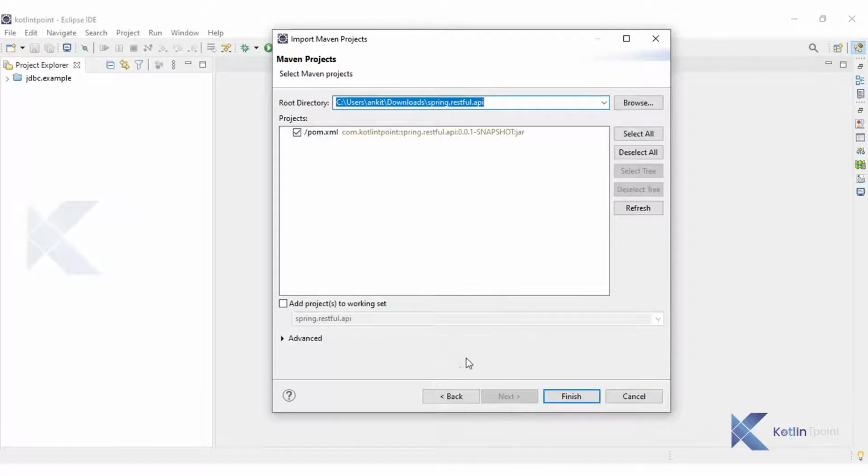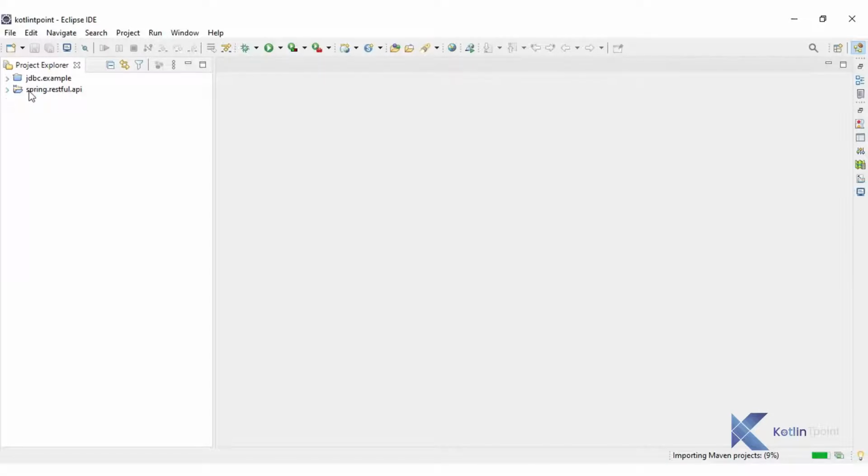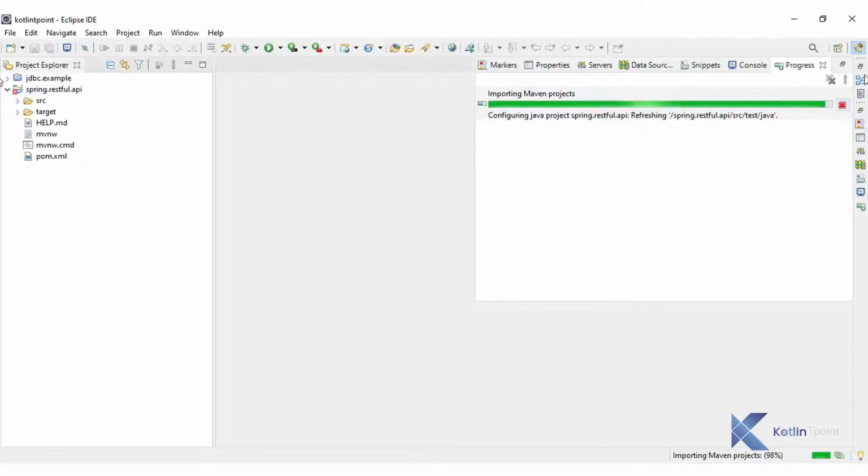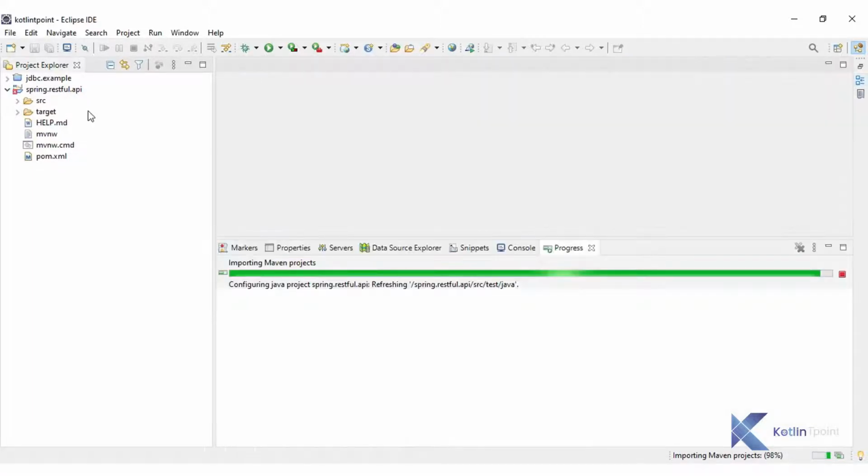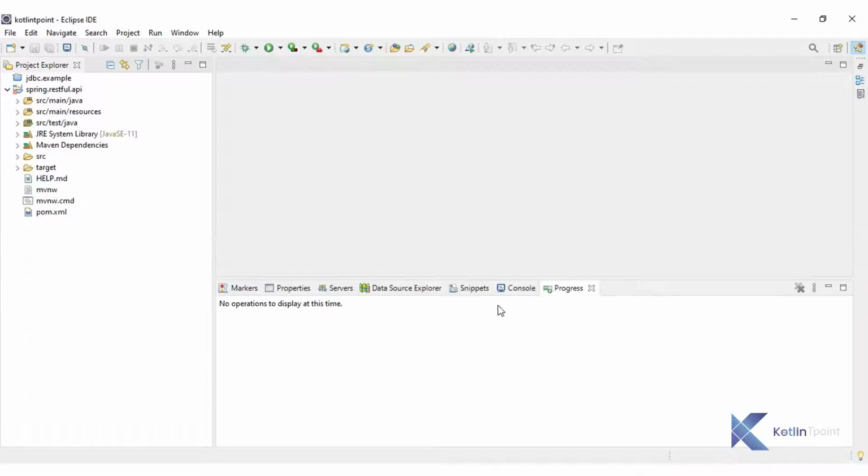Then I select the checkbox to add the project to the working set, and finally I click the finish button. So here is the project I have imported, and the process is still going on. It will download the libraries required for our project, so just wait until it completes.